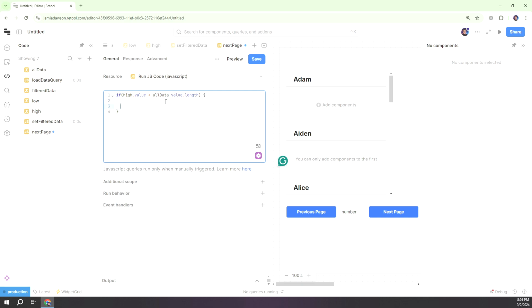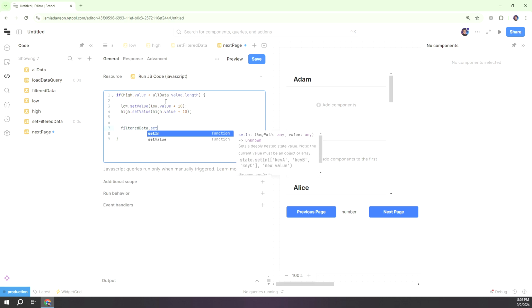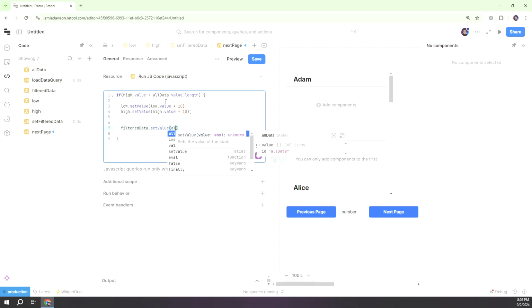So while we're here, let's just go ahead and update our low and high values. low.setValue, we'll do low.value plus 10. And let's go ahead and also increment in 10 as well for the high value. Now we're going to go ahead and try and update our filtered data. So once again, filtered data.setValue, and then we'll go through all